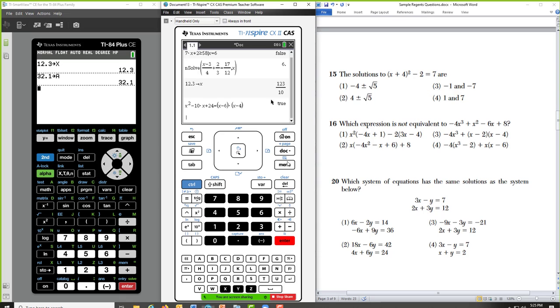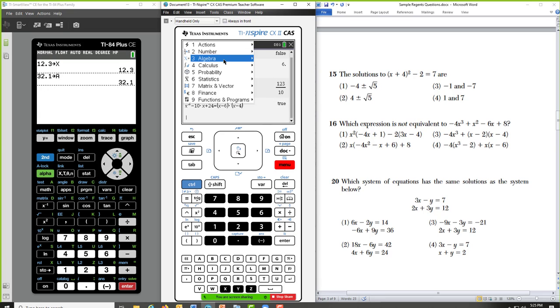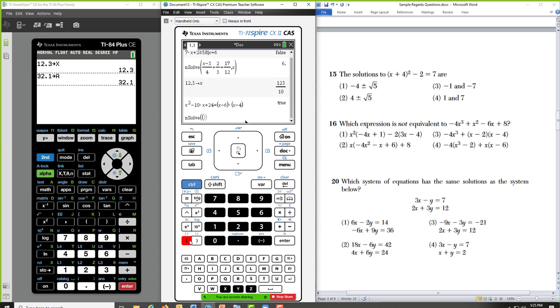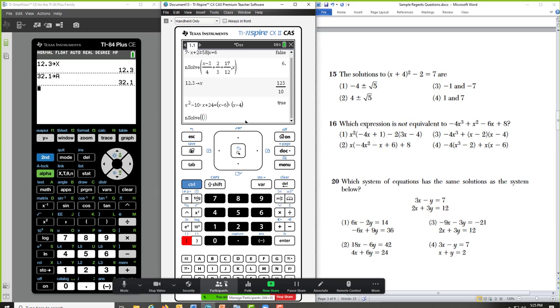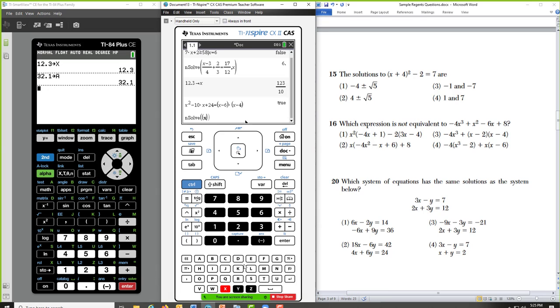On the Nspire, just real quick, algebra, numerical solve, and we have another set of parentheses. (x + 4) squared minus 2 equals 7, comma, x.